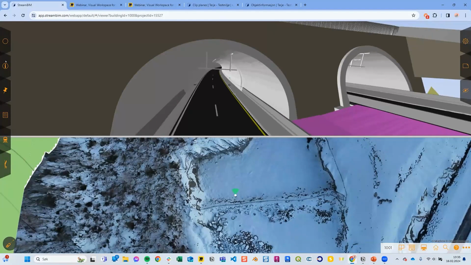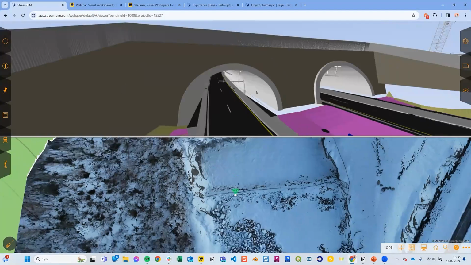And also the interface itself, it's designed to be working in the best way possible on tablets and phones, with the interface on the left and right side. And also the measuring tool, which has the magnifying glass to make sure that you are actually measuring correctly and make that easier.